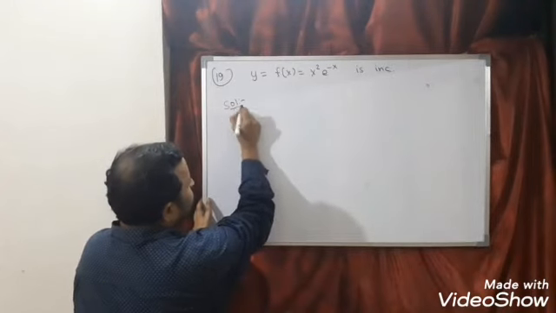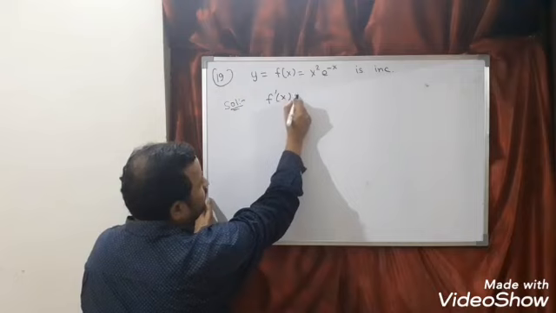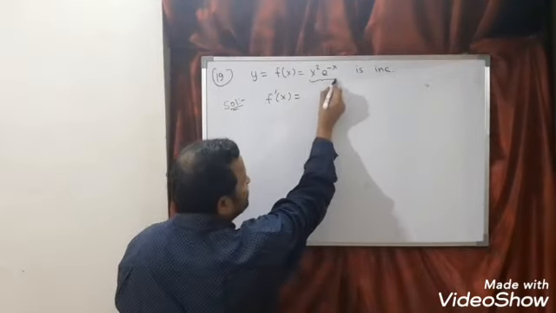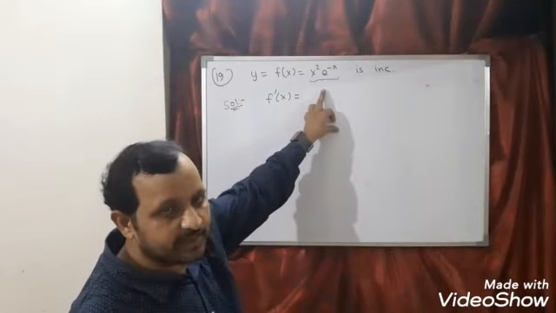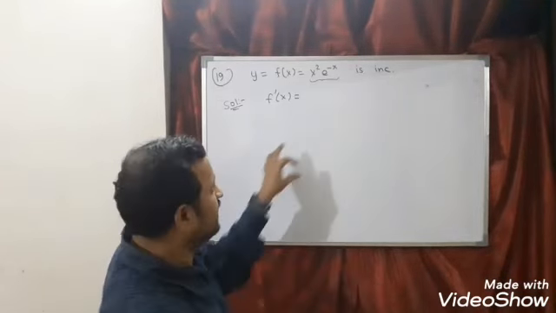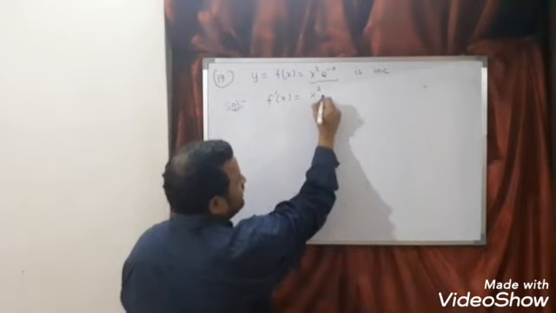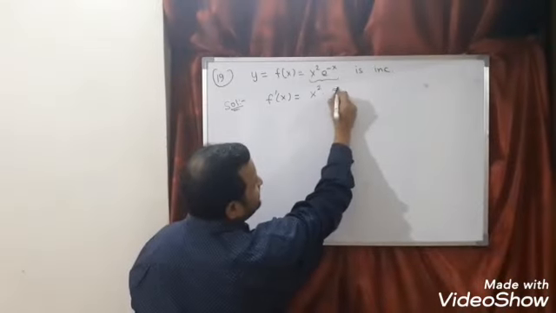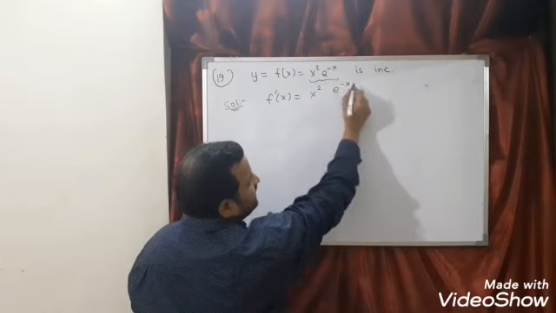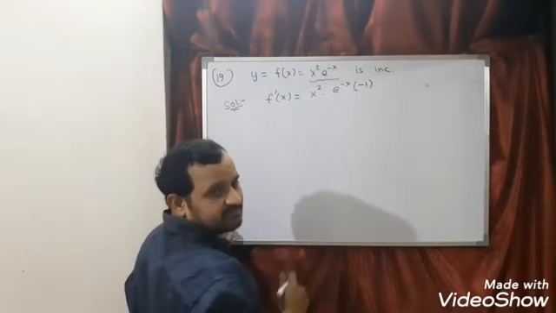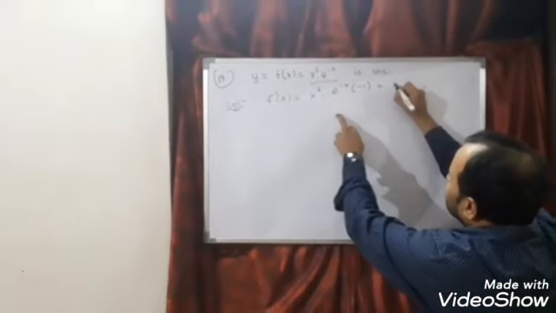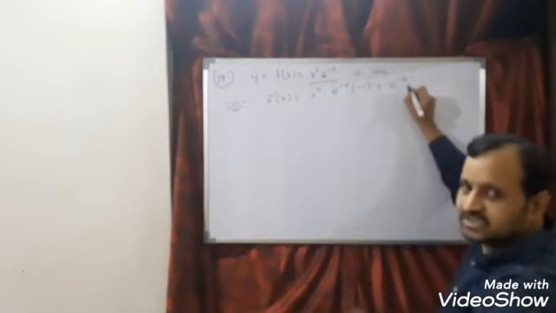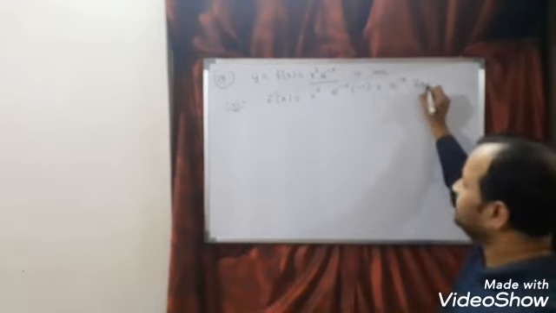So this we can write as f dash x is equal to, how to differentiate this? Can I say product of two terms? So product of two terms means product rule of differentiation, apply. So first function into differentiation of second function. What is the differentiation of e power minus x? It is e power minus x into differentiation of minus x, which is nothing but minus 1, chain rule, plus second function, e power minus x, into differentiation of x square, it is nothing but 2x. So I applied product rule of differentiation.